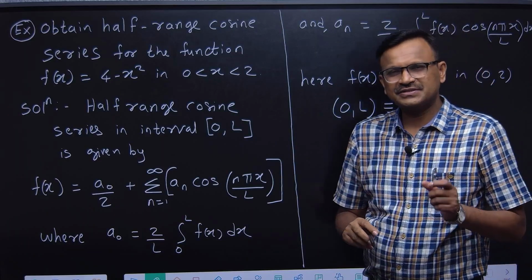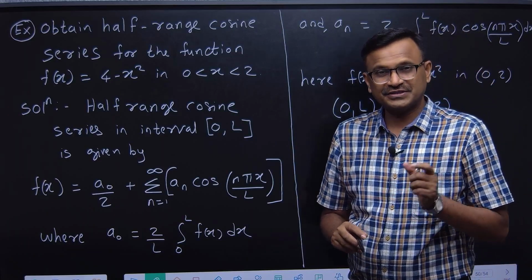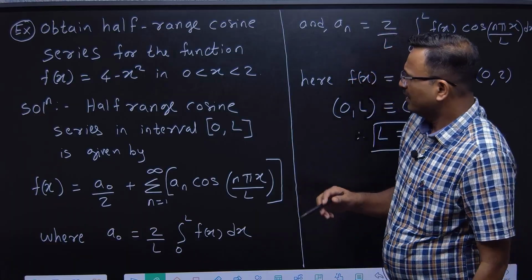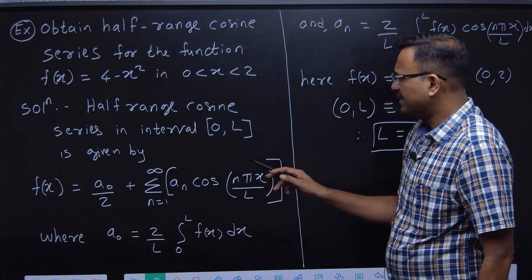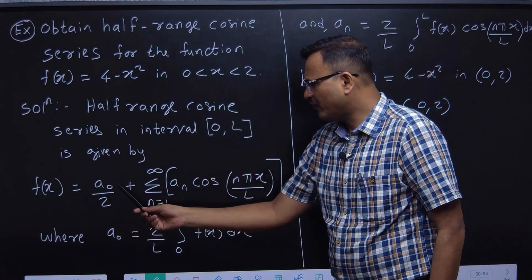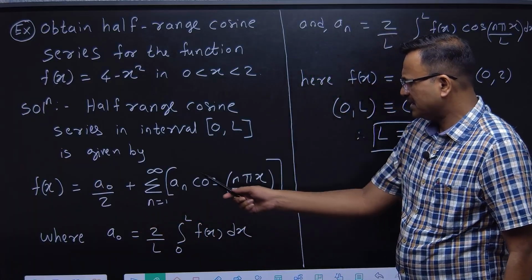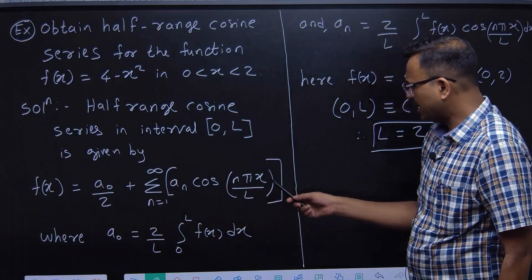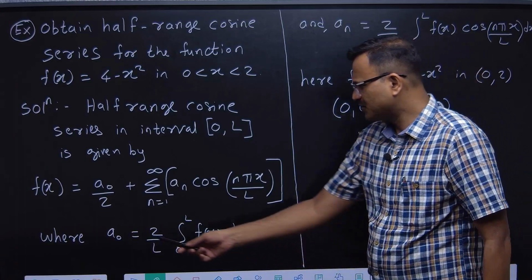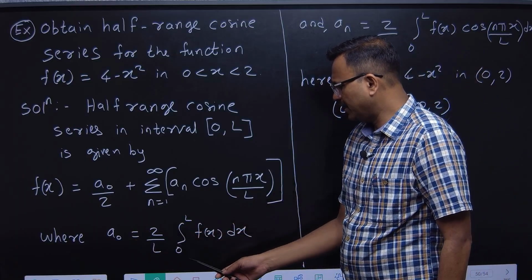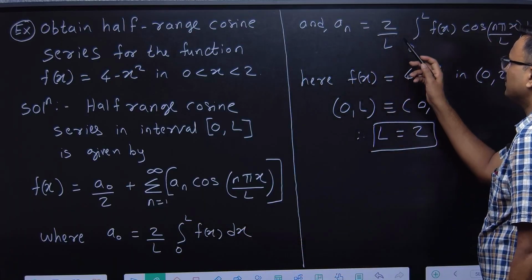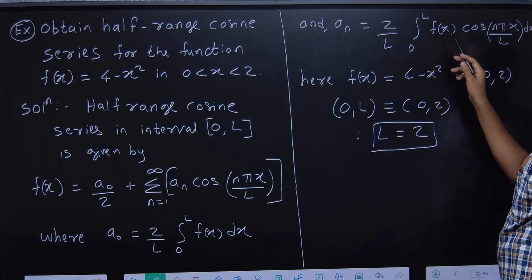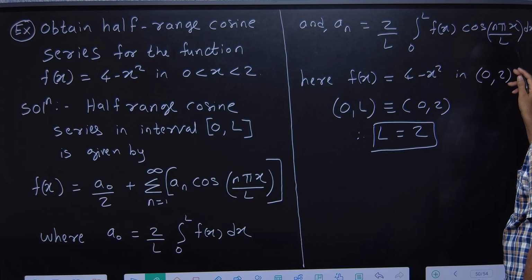Here the interval is arbitrary. It is from 0 to 2. It is in the form 0 to L. Now we know that half range cosine series in the interval 0 to L is given by the formula f of x is a0 upon 2 plus summation an cos n pi x by L, where a0 is given by the formula 2 upon L into integration 0 to L f of x dx, and an is given by the formula 2 by L into integration 0 to L f of x into cos n pi x by L